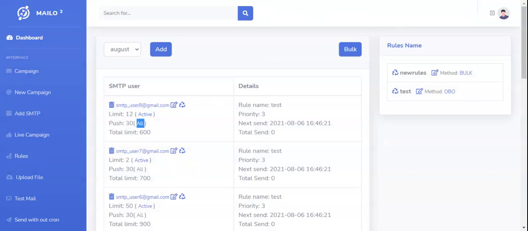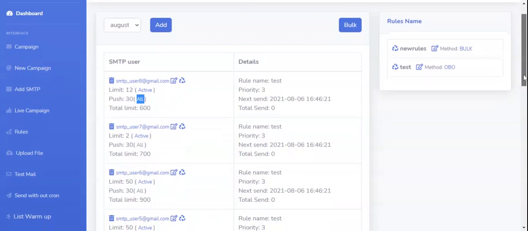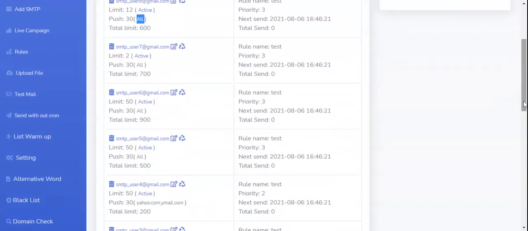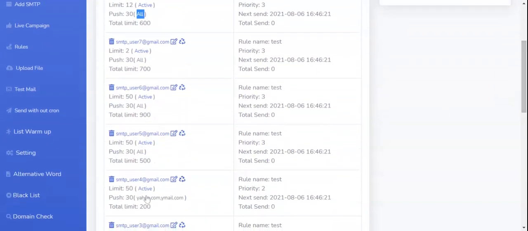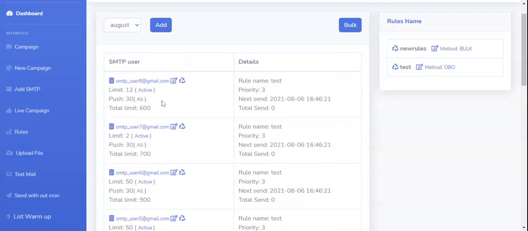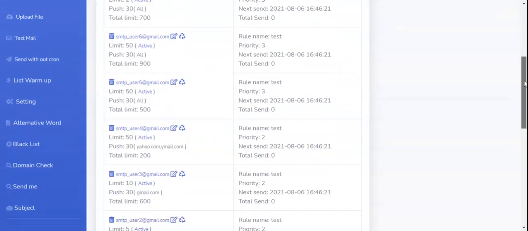That means this SMTP sends all types of mail to all receiver servers, but it never sends email belonging to Yahoo, Gmail, or MSN, because we already set a dedicated SMTP for those receiver servers.